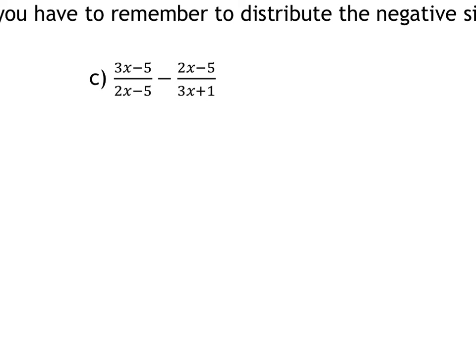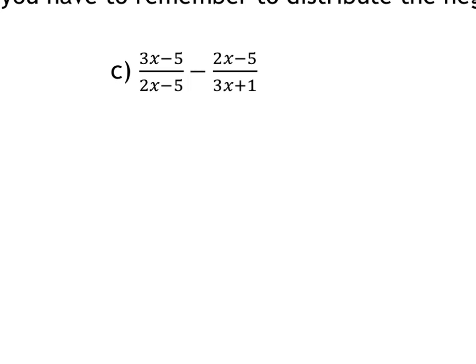So does anything factor out? No, not one piece. So I'm going to multiply by the opposite denominator. So this one is going to be by 3x plus 1, 3x plus 1. And this one's going to be a 2x minus 5 and a 2x minus 5. So I'm going to multiply everything out. So 3x times 3x, so a 9x squared minus 15x plus 3x minus 5